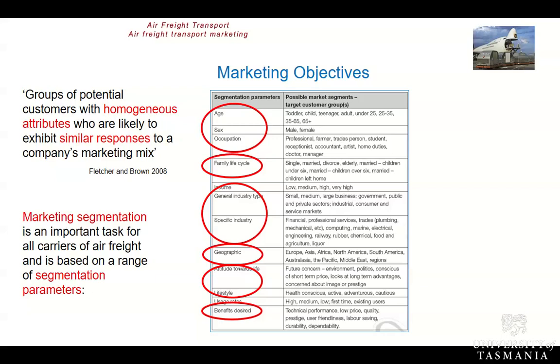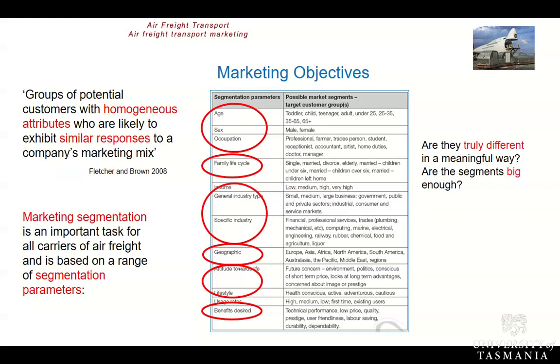Now, there needs to be some form of reality check along the way, so you've got to ask yourself some questions after you've gone through the segmentation process. And the questions that you've got to ask yourself are things such as, are they truly different in a meaningful way? So have you been able to group those customers and make them different? Because unless they're different, your marketing towards those groups and your communication is not going to be very focused. It's going to be more of a scattergun approach.